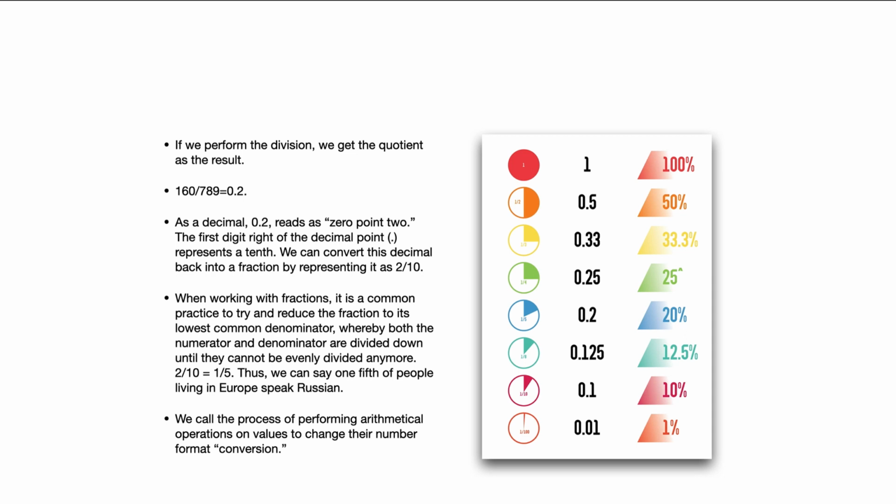160/789 equals 0.2. As a decimal, 0.2 reads as 0.2. The first digit right of the decimal point represents a tenth. We can convert this decimal back into a fraction by representing it as 2/10. When working with